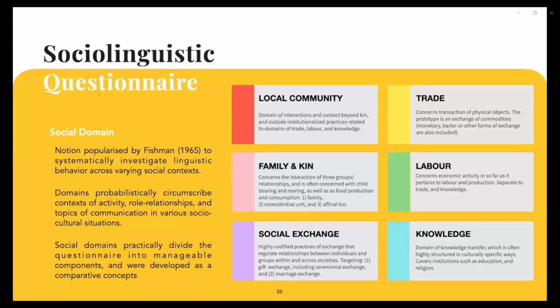Just to clarify, we have these 6 social domains, and we ask respondents, okay, in which domains do you have social contact? And for each social domain where there is contact, we ask them to respond to the set of questions targeting the explanatory factors. In this way, we get a lattice, explanatory factor by social domain, and we systematically try to fill out the data for the variables and domains that we're interested in, to paint a picture of what social contact looks like in these scenarios that we're sampling for.